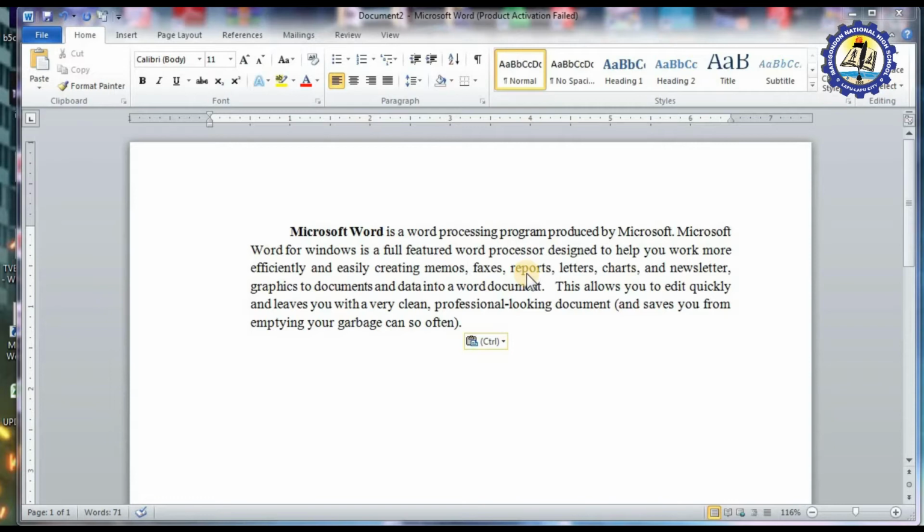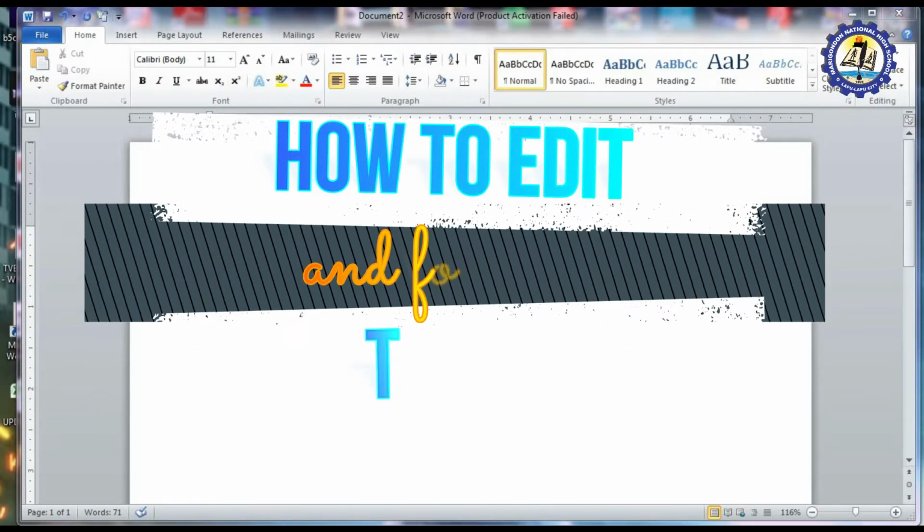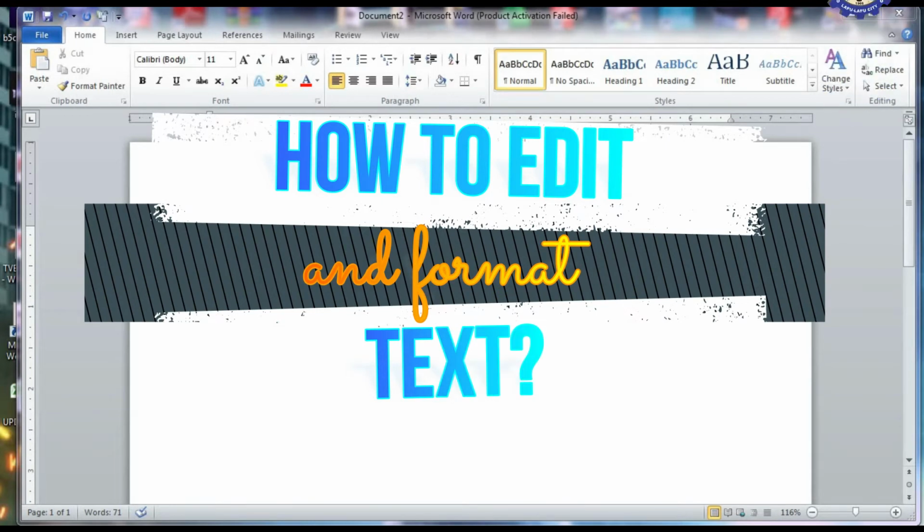Welcome, students. Today, we are going to discuss another topic about operating Microsoft Word application software. So, last time, we discussed and demonstrated how to open Microsoft Word. At the same time, we identified the elements of Microsoft Word. So for today, we are going to do text editing and formatting your document using the different ribbon tabs